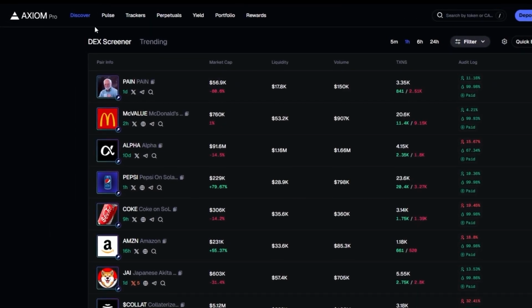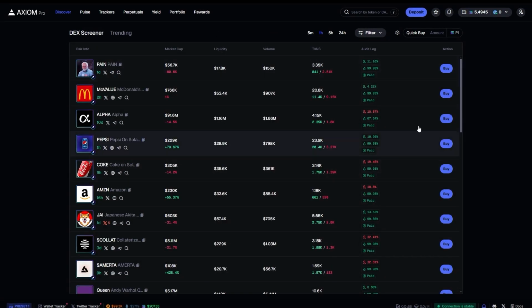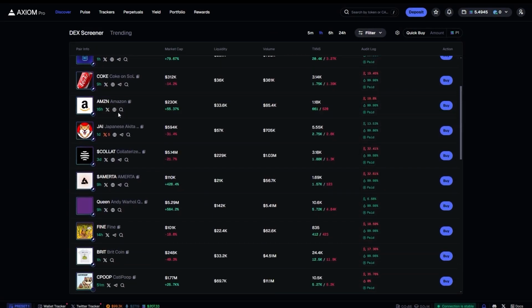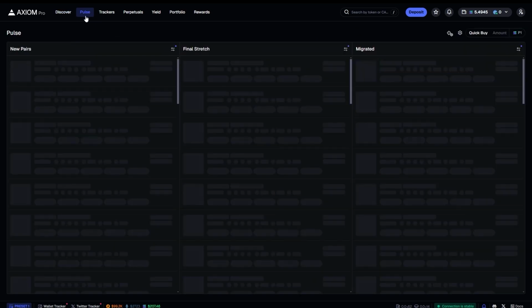But to start, I'm going to just go over each of these sections real quick. Discover, this is just like on Dex Screener, the basic section where you can see new pairs. You can set any filters you want. Trending, right? It's pretty straightforward. I wouldn't even use this usually unless I'm scanning for something very specific, but my strategy usually involves the